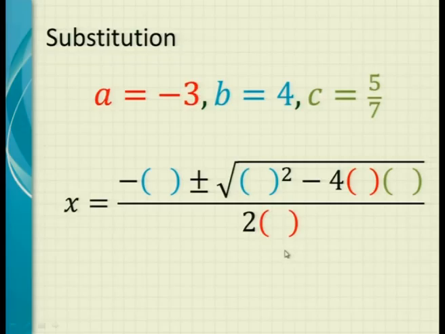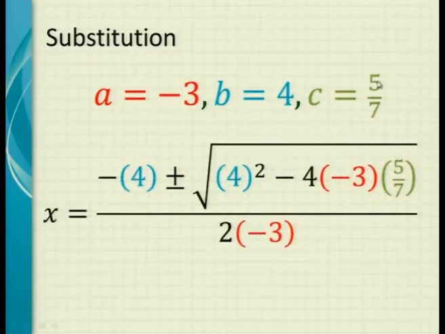I'm sure you will find this easy to do yourself. If you want to, you can pause quickly and go and fill it in and see if you can get this. Okay, let's see how you've done. We take the 4 and put it inside the blue ones, the minus 3 in the red ones, and the 5 over 7 in the green one. Use the brackets, replace the exact value that you get there. And I'll show you in the next lesson how to get the answer.